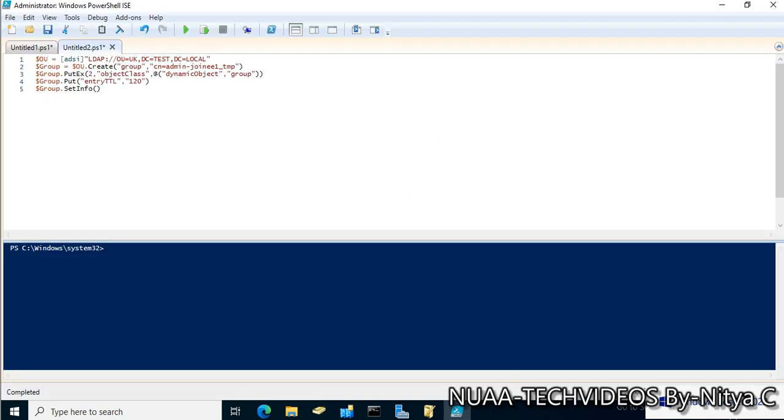So this is a simple command, and this is about the group. So which OU this group will be created in, from here it is fetching the OU information. The OU is this one, and it is going to create the group, and this is the group name, CN equal to admin dot join. Let me rename it to something else: HR access